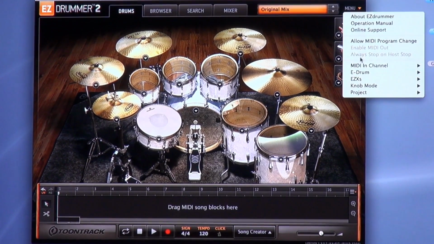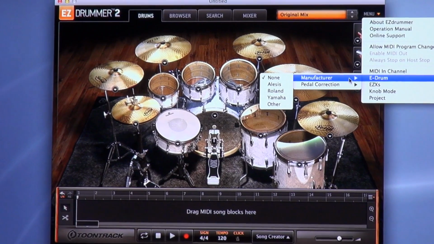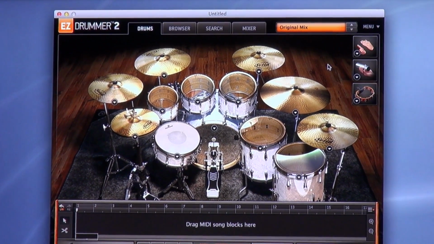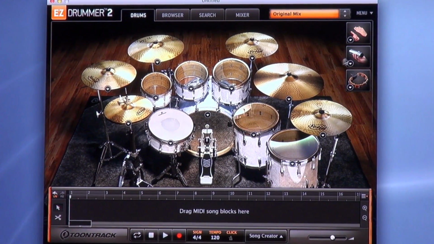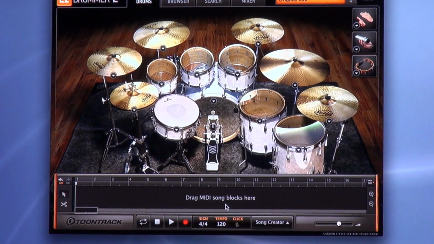So inside that menu, you actually get kind of a, I don't want to call it stripped down, but it is a stripped down menu from our Superior product that allows you to basically select the manufacturer. You've got some pedal correction, and just line up with your e-kit, which is kind of cool. If we come around and we look at the bottom, one of the biggest additions to the home screen,